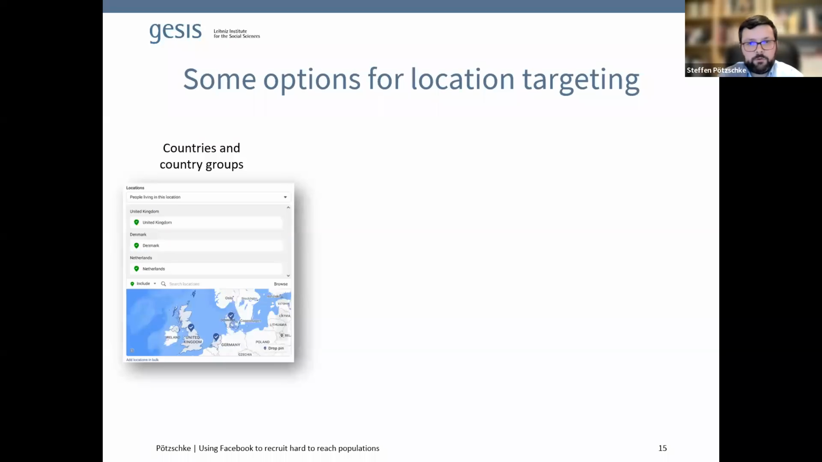So which are the options for location targeting? And here I'm only going to mention some, not all of them. There are more, and you should check out the Facebook Advertisement Manager for that. So most straightforward, and I think most well known, is the possibility to target specific countries or country groups, but